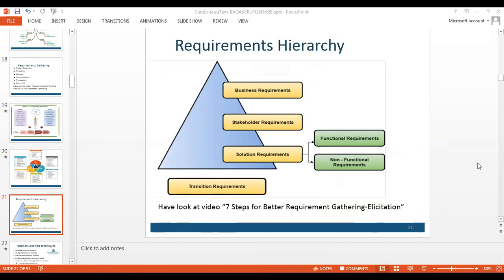So we are talking about a really good impacted requirement change. Only then do we normally update the system requirement section. We'll have a look at that template in depth in a couple of next slides. Now let's try to understand what we call the 7 steps of better requirement gathering. This is a really good video. Let's try